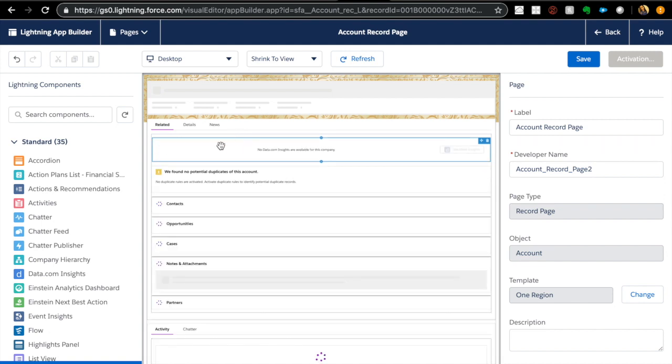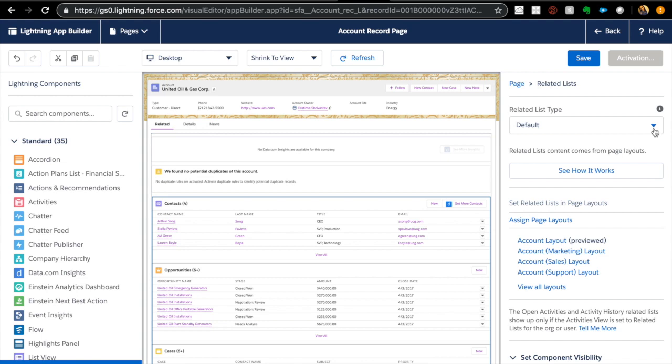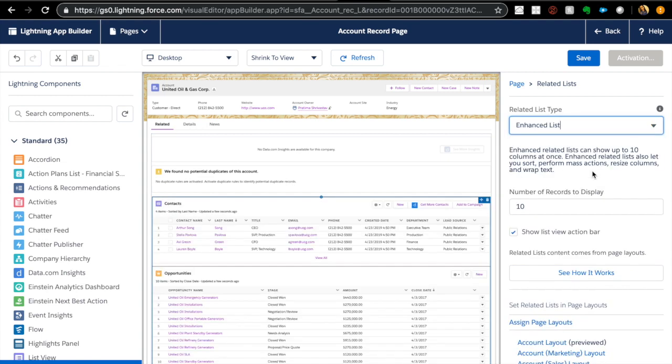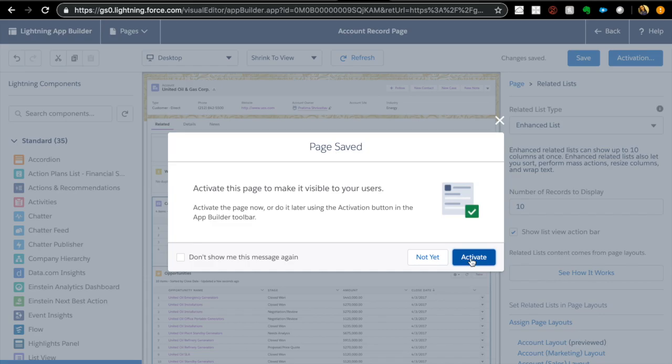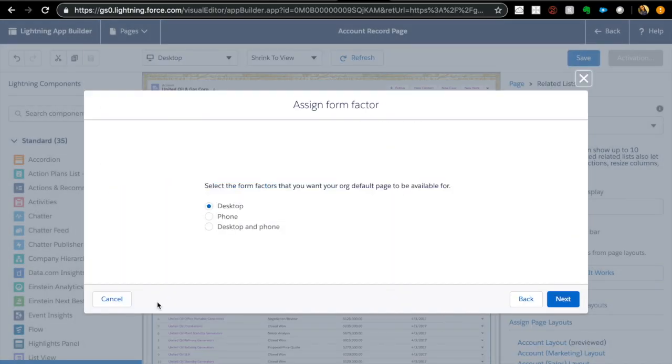Then go to the related list and make sure your related list type is set to enhanced list. Enhanced list can show you up to 10 columns at once. So save it and activate. While activating it, there's another feature that's very interesting, and I think it will be very helpful, especially if you have mobile and